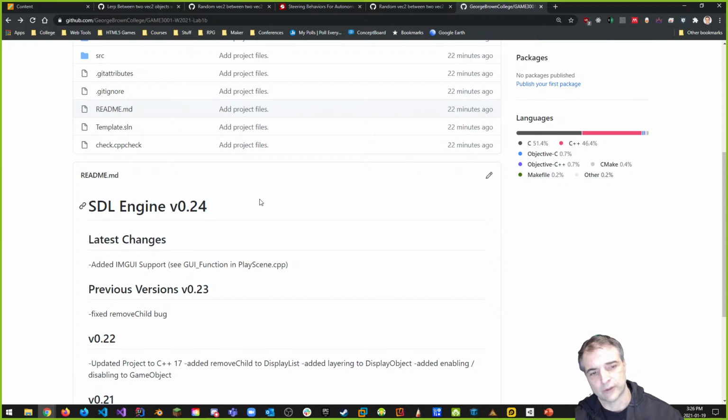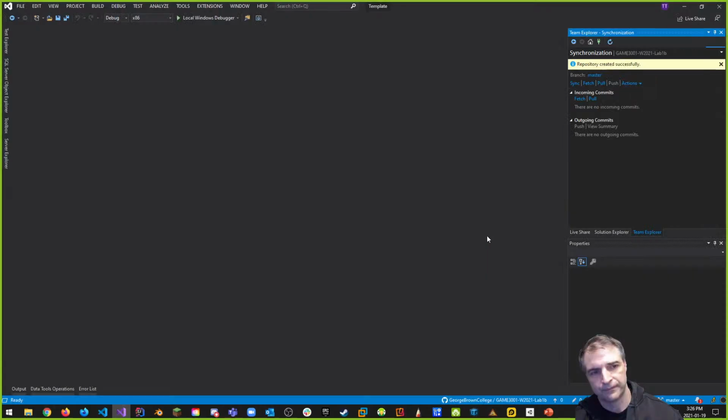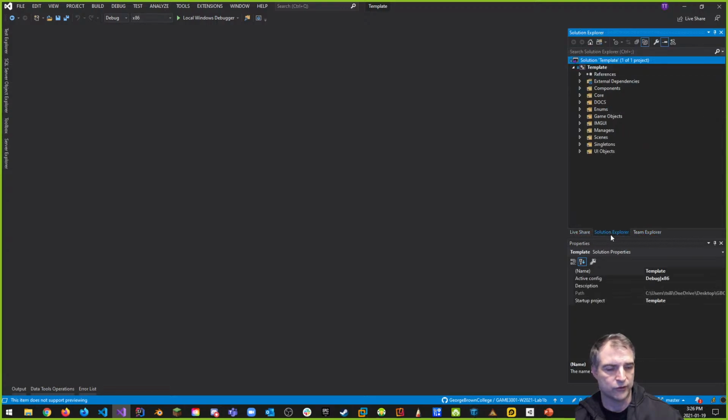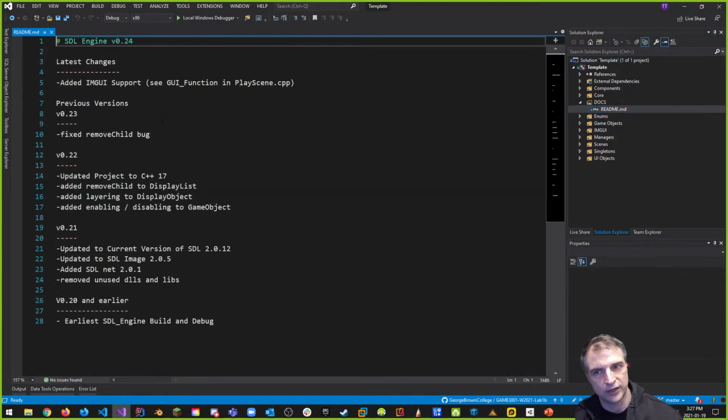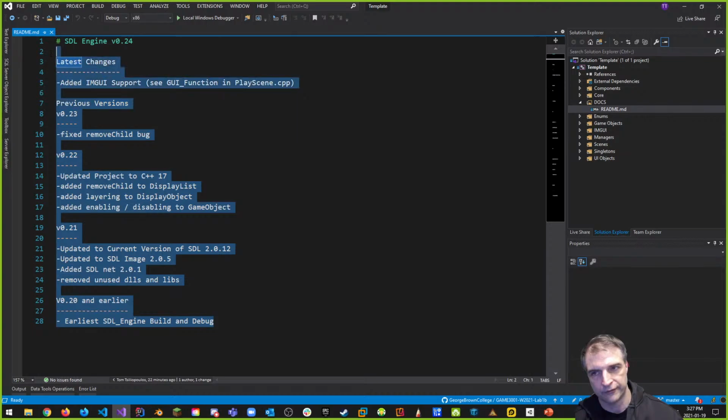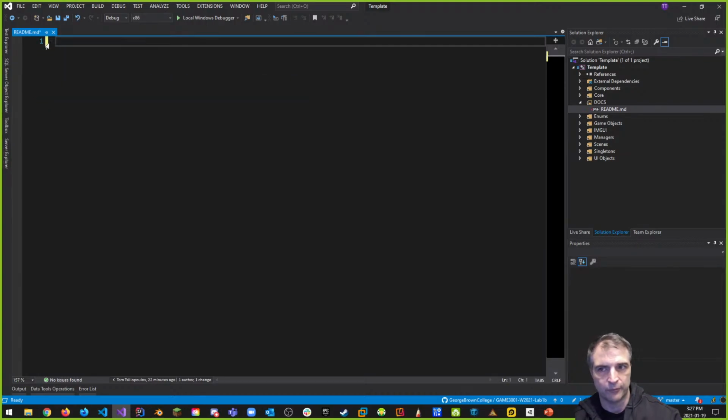So what we want to do is for assignment 1, I want to go into Solution Explorer and let's just do the lab part. So for the lab for today, which is going to be due Friday for you, you can go into the docs filter and into readme.md. Let's change something. So let's see how this works. So if I remove all this stuff from readme.md and put in something like